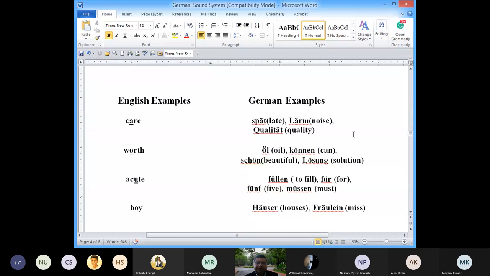Okay. So this last part, in fact, these modified vowels are slightly difficult. It requires some practice, so we shall be doing it tomorrow. Tomorrow we have 2 classes. In the first class I shall complete this pronunciation, and in the second part, after the break, I shall start the practice. I shall play the audio where you will listen to the original German sound and practice this pronunciation again.